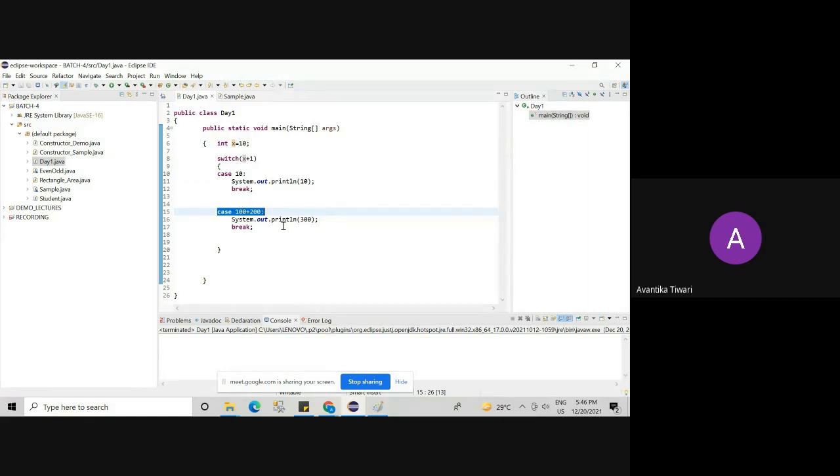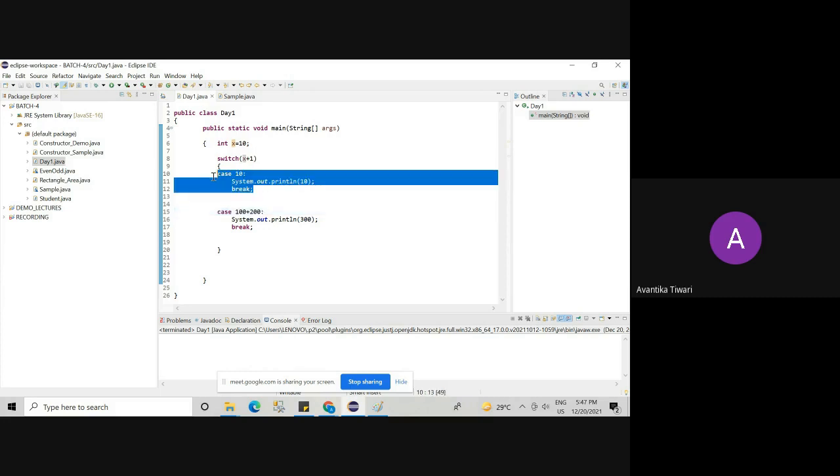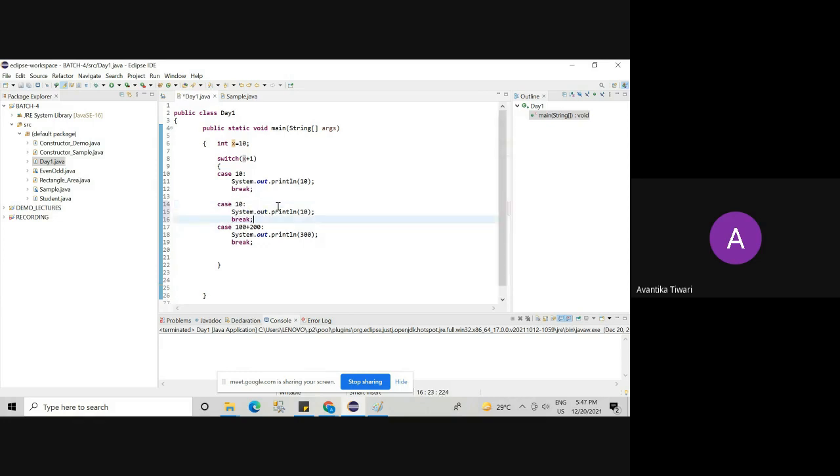If you are using some variables inside that expression, then it is invalid. The compiler will throw some error. But it is a constant expression. If it is variable expression, then there will be problem. Is it clear to everyone? Yes, ma'am.